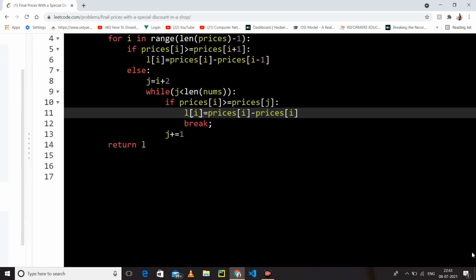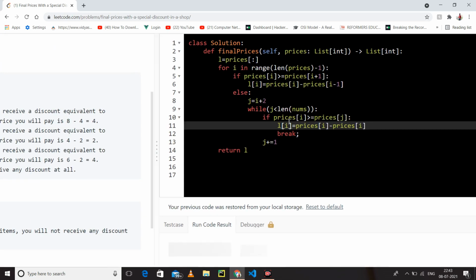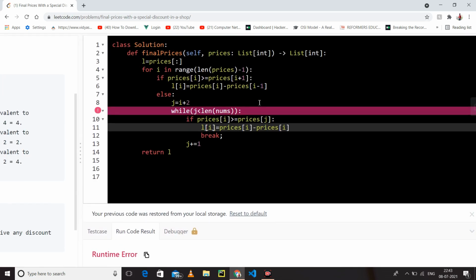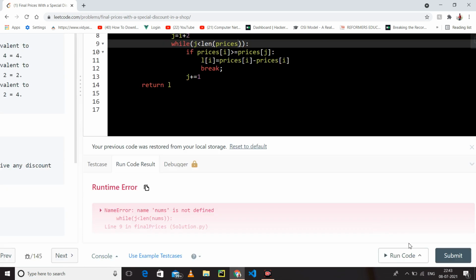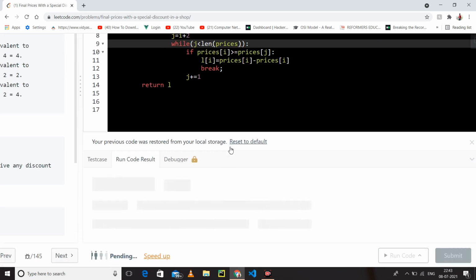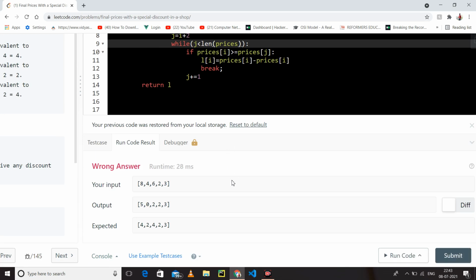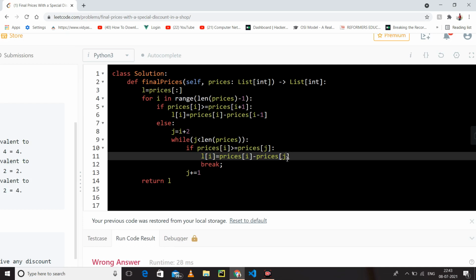Okay, so let's run it and submit it. Nums is not possible because the name is prices, and I have taken it as nums. So it is giving me a small error.